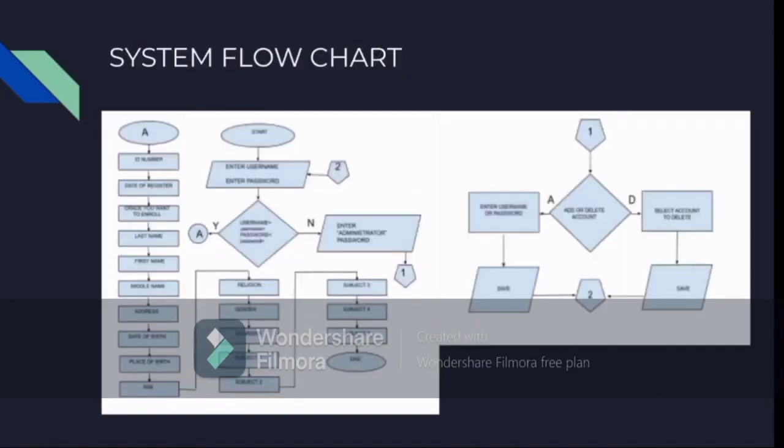And sa system flow chart naman, nagsisimula sa start tapos sumunod sa process ng enter ng username and password, tapos didiretso na siya sa condition na kung yung nilagay niyang username at password ay match sa database. Pag di na-match, need niya pumunta ng administrator para makagawa ng account para sa system. Pag na-match naman yung username at password, dediretso naman siya sa input and output na kung saan ilalagay niya yung credentials ng students. Tapos pag nag-success na, pwede niya i-end yung system.